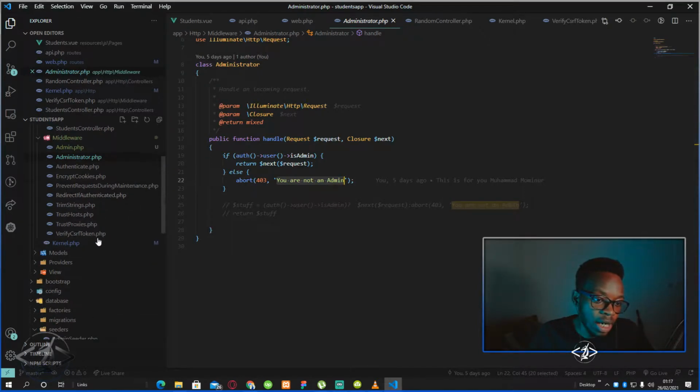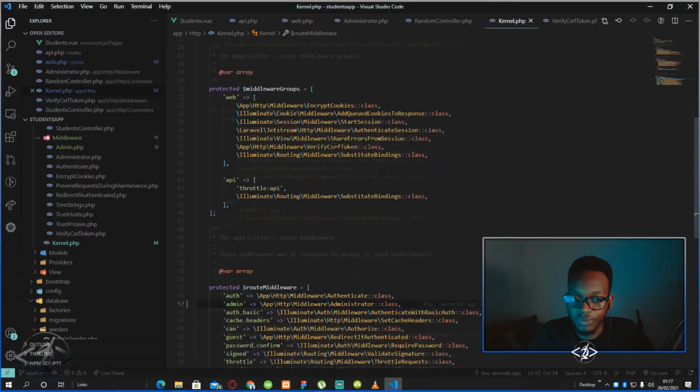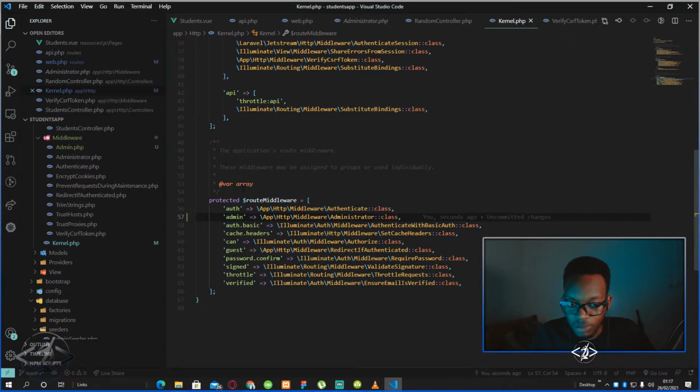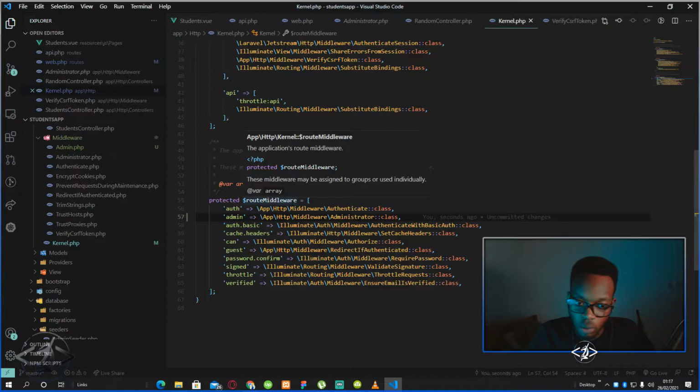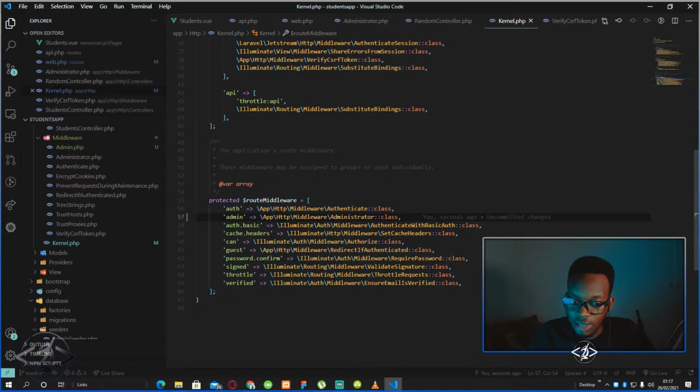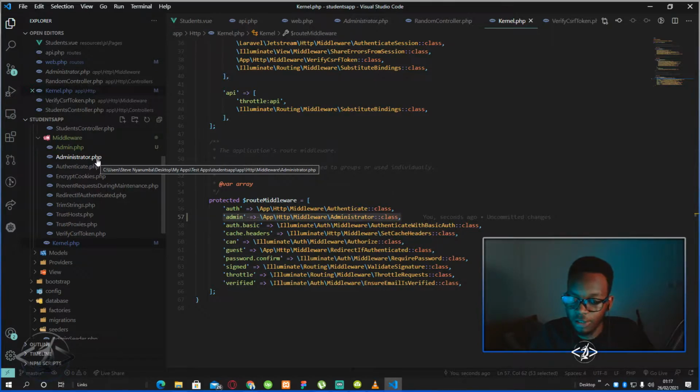After creating my new middleware, I'll come and register it in the kernel. Inside the kernel, we have this place called protected route middleware, where we can list down the particular route middlewares that we want to put in. The one that I've put in this situation is the admin, which goes to the administrator class, which is this particular file over here.